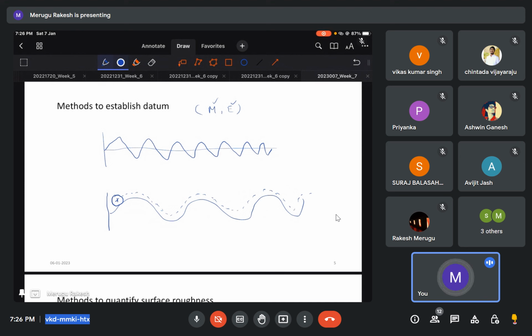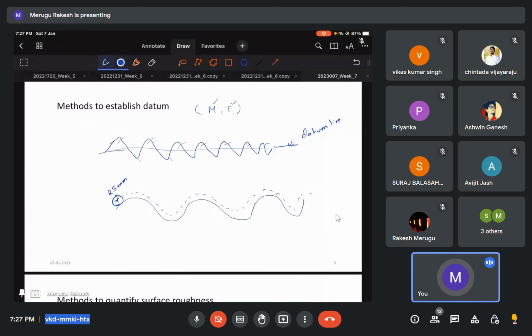So I have drawn two diagrams here. Basically this line is the datum line, the R0 line. I have drawn this line in such a way that the area occupied by the peaks on the top is exactly equal to the area at the bottom, or the line is exactly at the 50% of this profile. Okay, and for the other system, we take a 25 mm